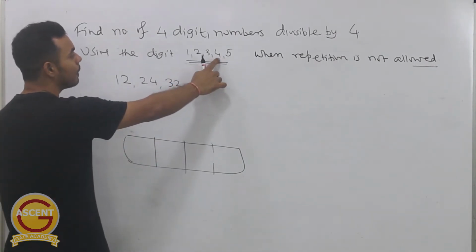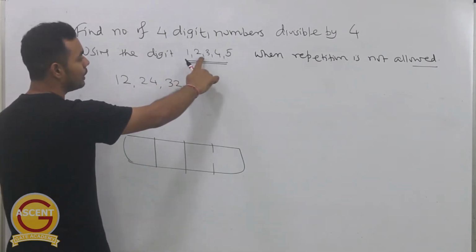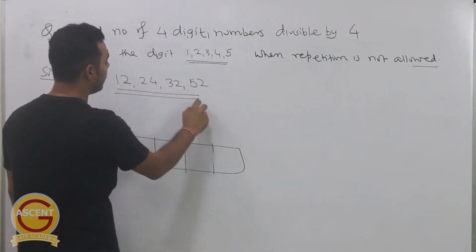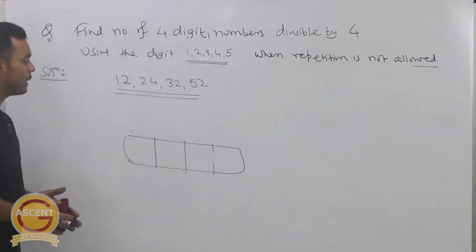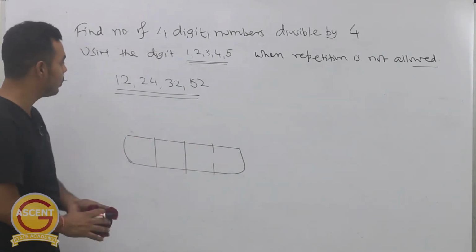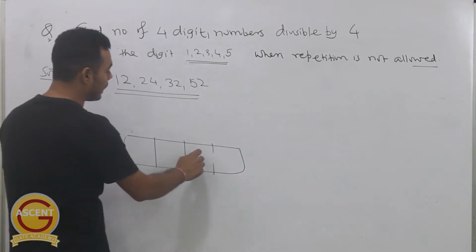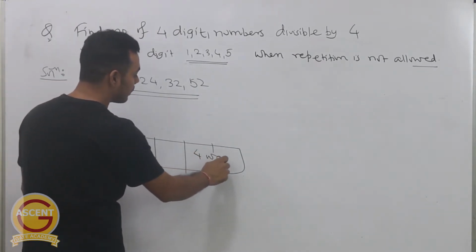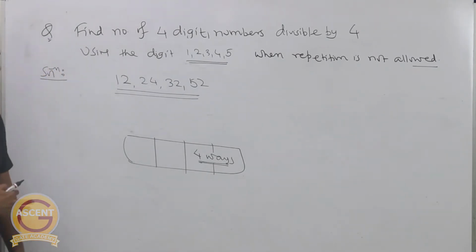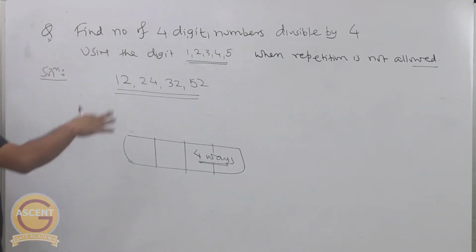So nothing with 4. Then next, if I have 5 on 10th place, then I can place 2 on unit place. So these are the 4 possibilities for the last 2 places. Either you can place 1, 2 here, or 2, 4, or 3, 2, or 5, 2. So the number of ways to fill the last 2 places will be 4. Okay, there are 4 ways to fill the unit place and 10th place simultaneously, in which the number will be